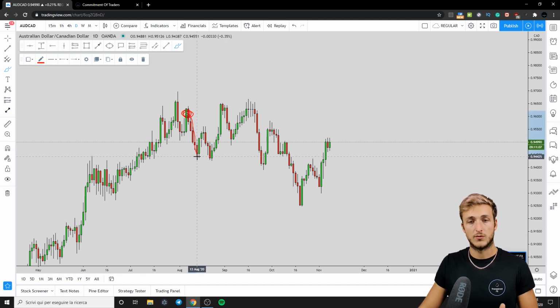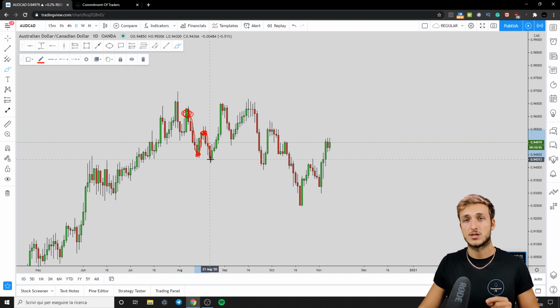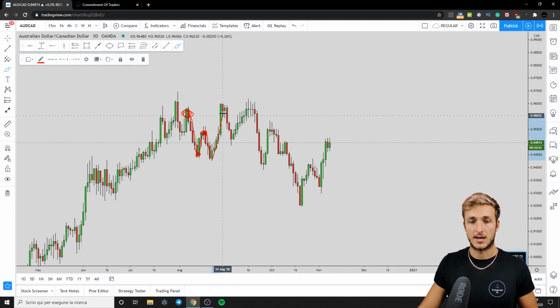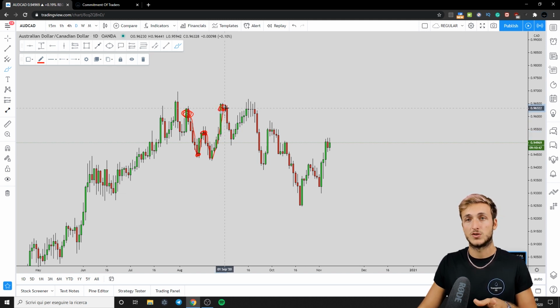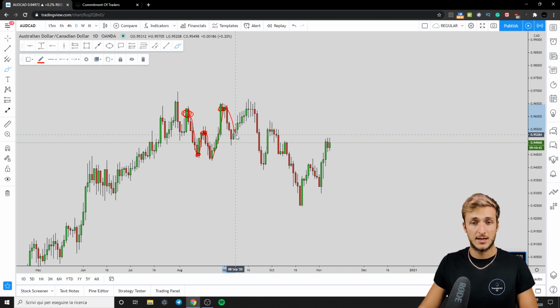this move to the downside for the creation of a lower low. We then spoke about AUD CAD again after this retracement. I made a full breakdown explaining all the reasons for which from here we wanted to see first this retracement and then a continuation to the downside for the creation of a lower low, and that is exactly what the market did. Then after this W formation, I made a full breakdown explaining all the reasons for which from here we wanted to see the market create this move to the downside, and again, that is exactly what